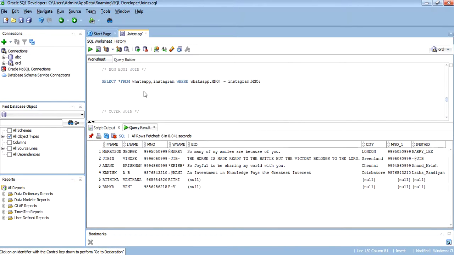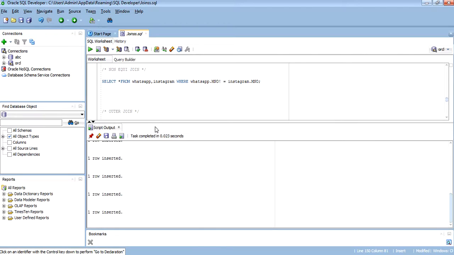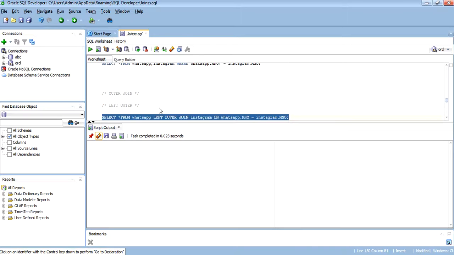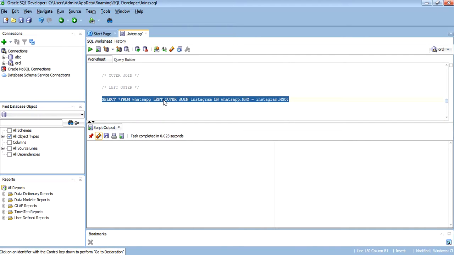Now we'll see outer join. In terms of outer join, left outer, right outer, and full outer joins are available. In left outer, select star from WhatsApp left outer join Instagram. If I am executing this statement, my left table is WhatsApp and the right table is Instagram.